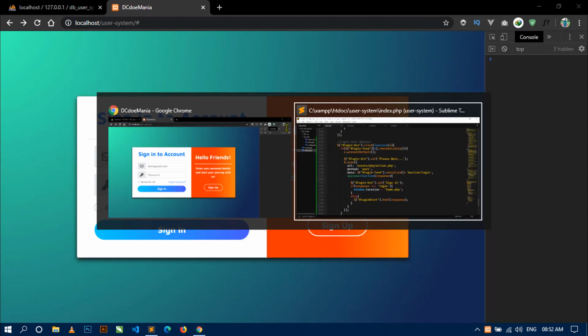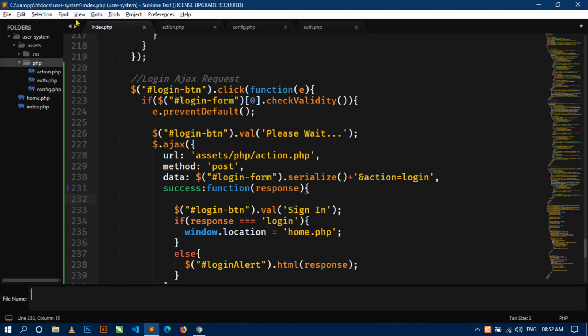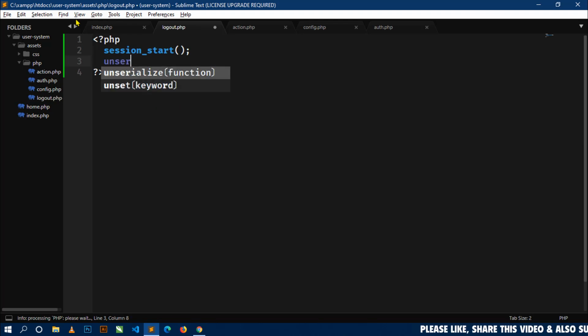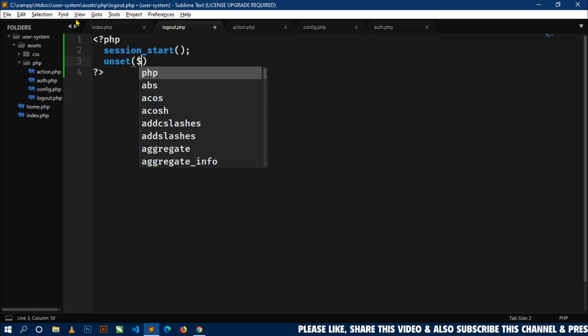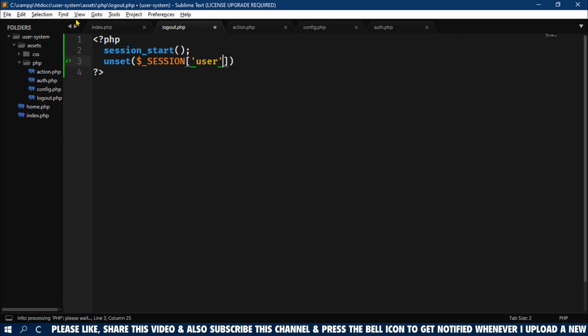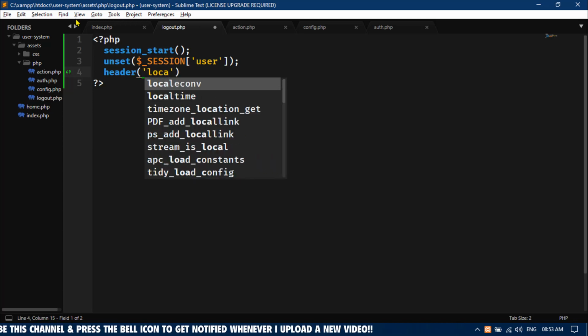and let's first create another file, a logout file. Okay, so here in PHP I will create a logout.php file. So just write logout.php. Okay, now here just use PHP tags, and first here I will start the session, and I will use the unset function here, and I will use the session variable, and our session variable is user, so I will unset this session variable, and I will use header, and I will use location,